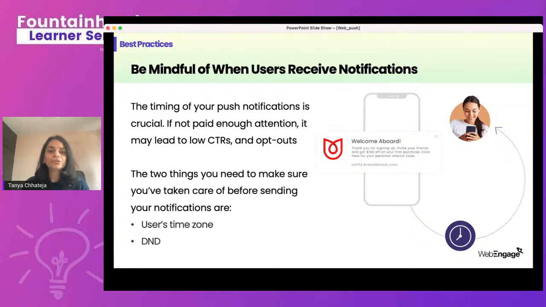And the second is you use the user's time zone option to make sure that the users are receiving your notification as per their time zone, and it also aligns with your message. So for example, if I'm incorporating an essence of a good morning or a good evening into my messages, you do not want them to go at a different time than what you've implied in your messages. So for that, the user's time zone definitely comes in handy.